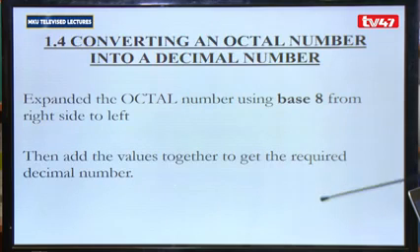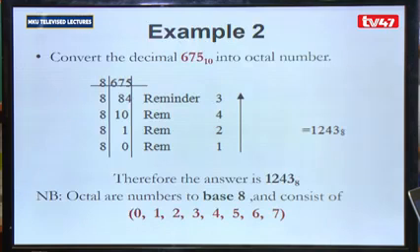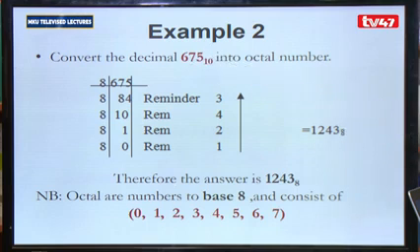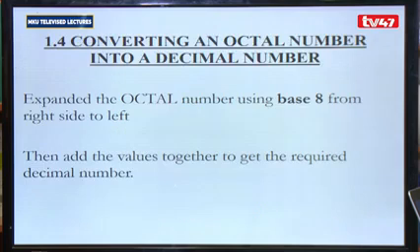Then how do we convert now that octal back to decimal? How would you go about converting this octal number back to the decimal number? Again, like we have done with the binary, you expand that number using base 8 from the right side towards the left. Now using base 8, not base 2, then you add the values together and you end up with the required number. We are going to have another example